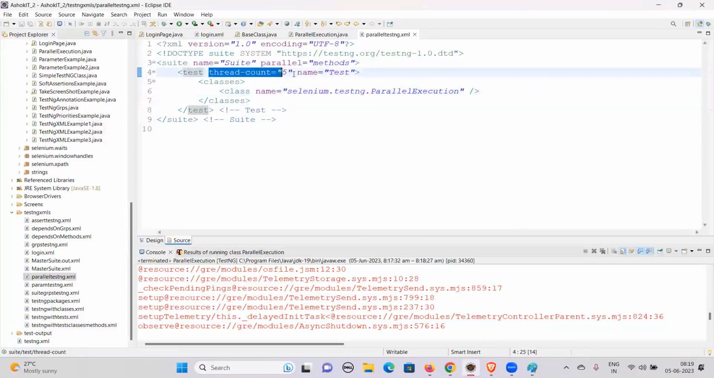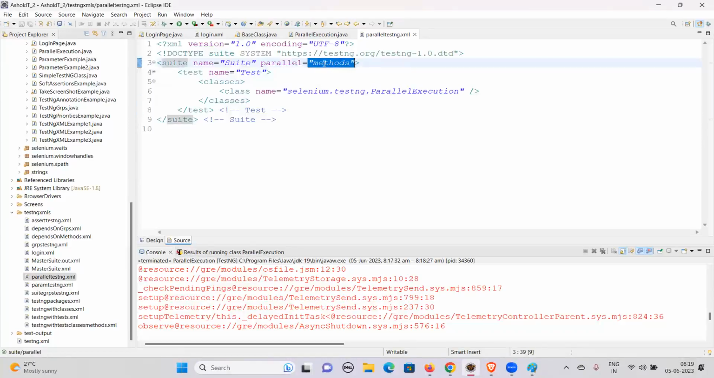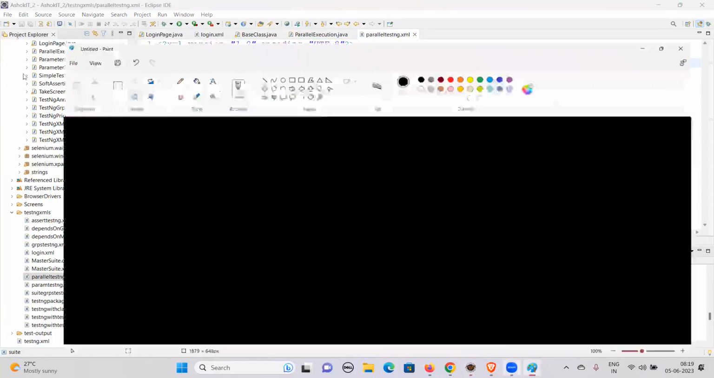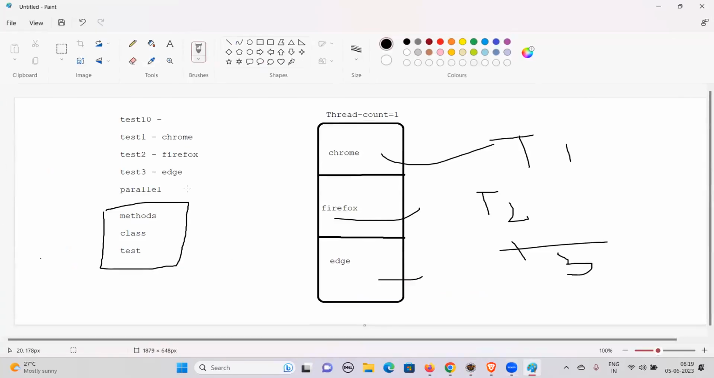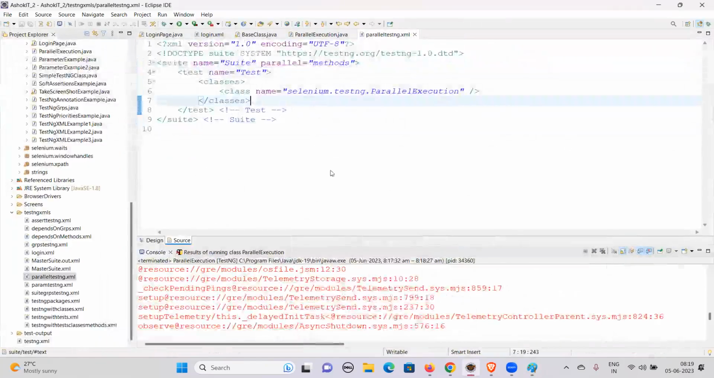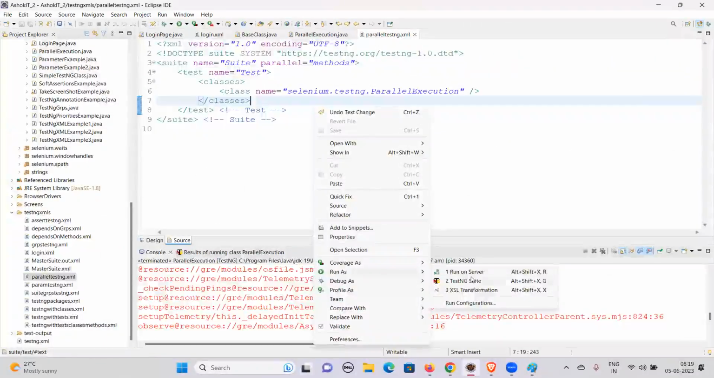What is it that we have? We have a suite, we have a test, and we have classes. Within the classes, we have methods. But here, what I'm trying to do is execute methods in parallel. As we discussed, we are going to execute methods in parallel. This is what we want to achieve. Now let's see how we execute it. When you right click on this,